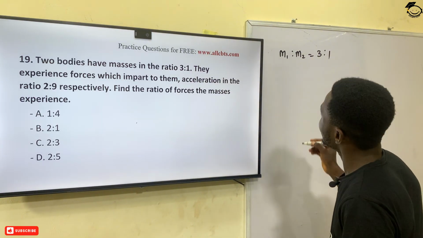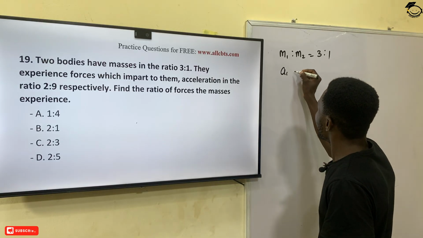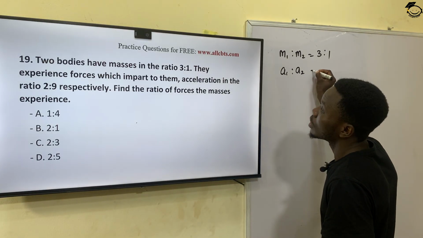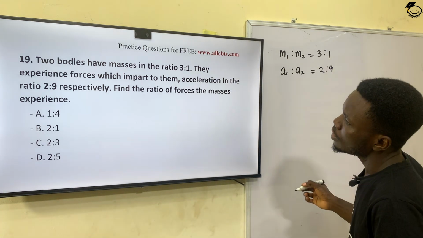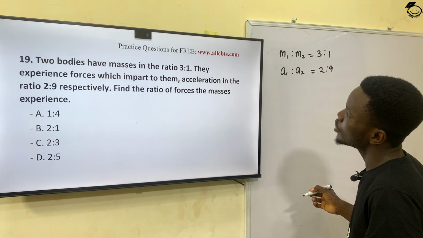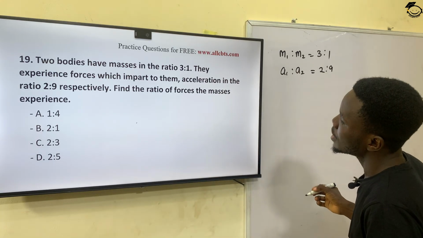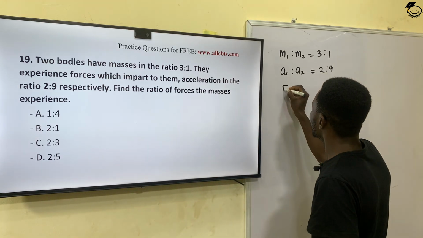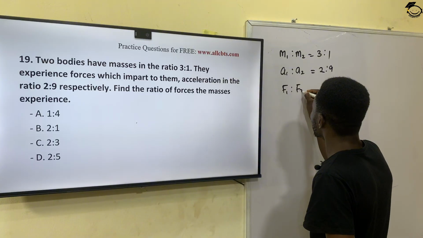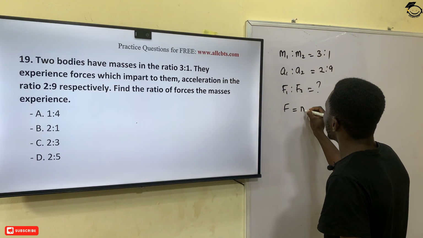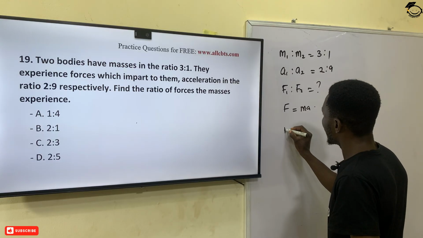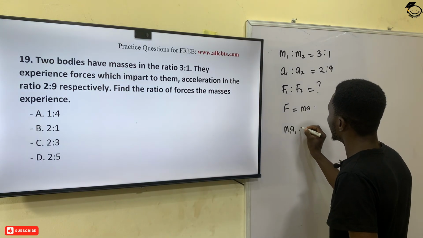Acceleration in the ratio, so A1 ratio A2 is 2:9 respectively. Find the ratio of the forces the masses experience. So we are finding the ratio of F1 to F2. But we know that F is equal to MA. So this means that I have M1A1 ratio